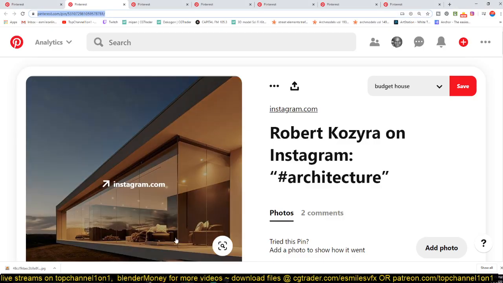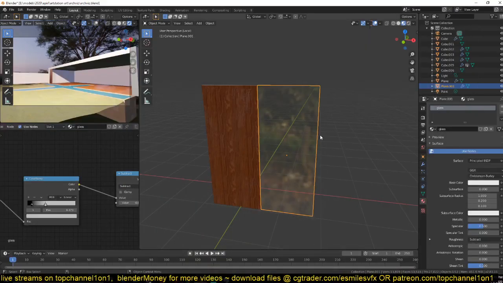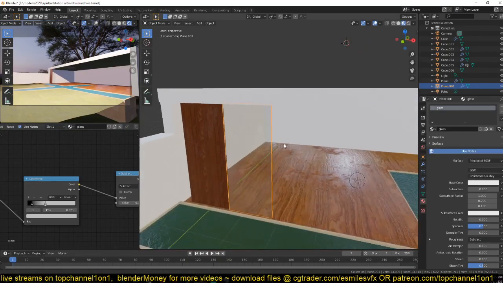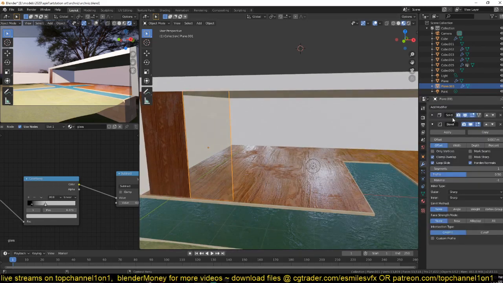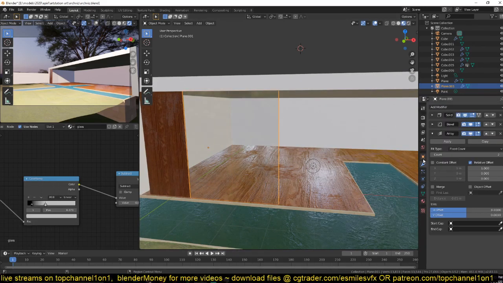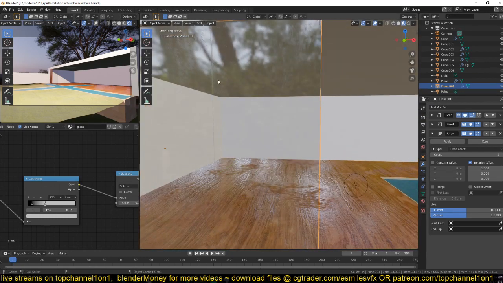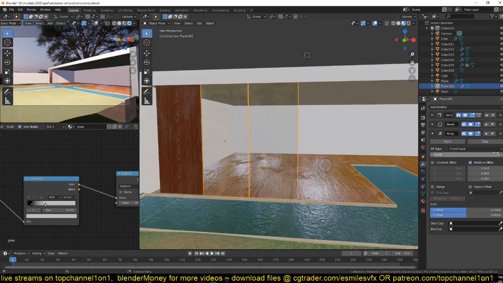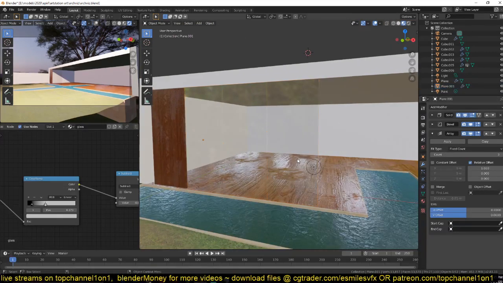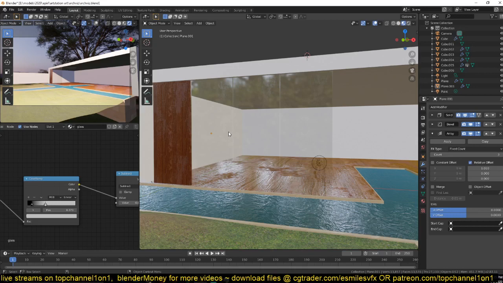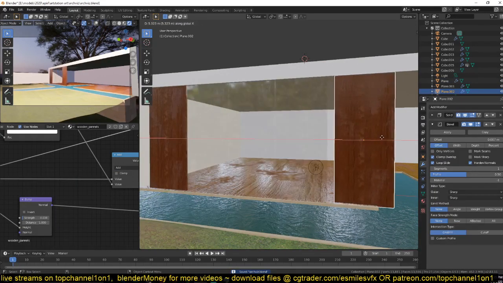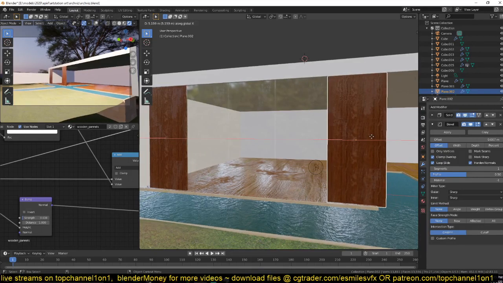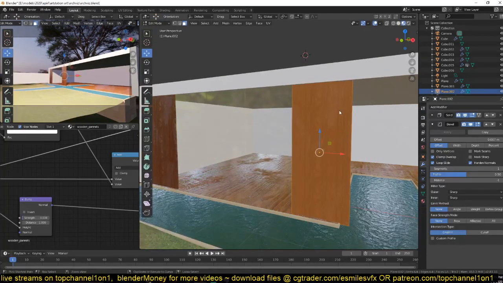I think these panels need to be a bit wider, so I don't know, maybe we can make ours not as wide. So let's use the array. I want that line to be there, so I'm just going to extend this just a bit, so we can use a few of those. Then I can duplicate this, so we have something like that. And then